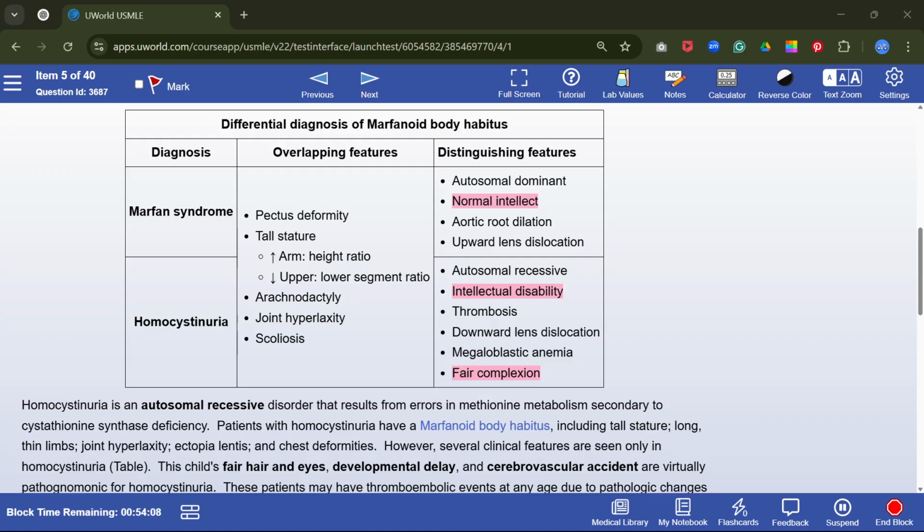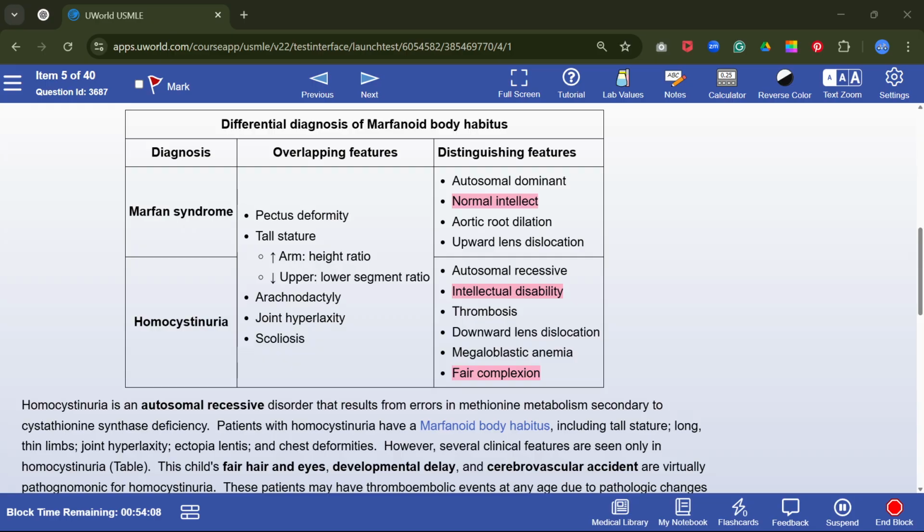In Marfan syndrome, there is outward and upward lens dislocation, and in homocystinuria it is downward and inward lens dislocation. We know that Marfan is an autosomal dominant disease causing a fibrillin gene problem,